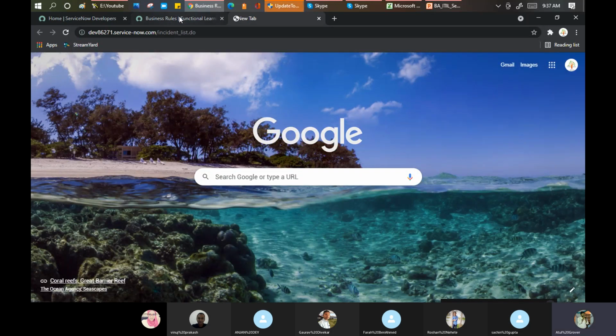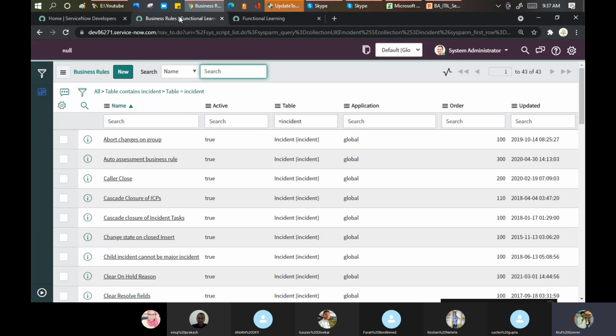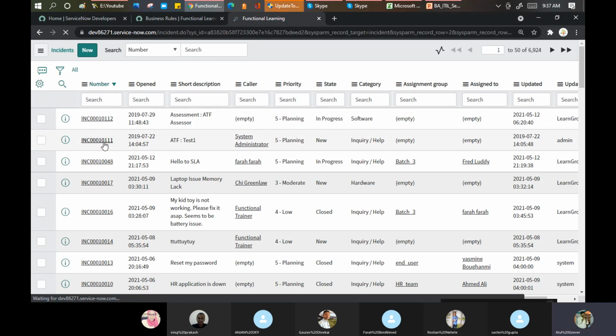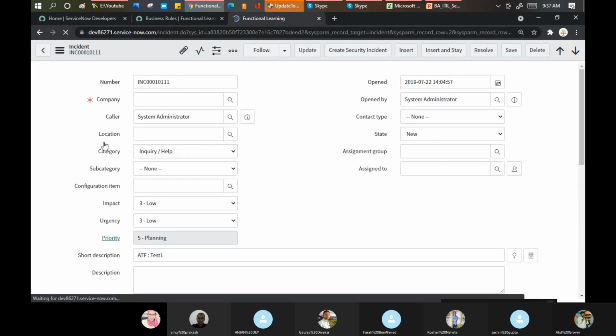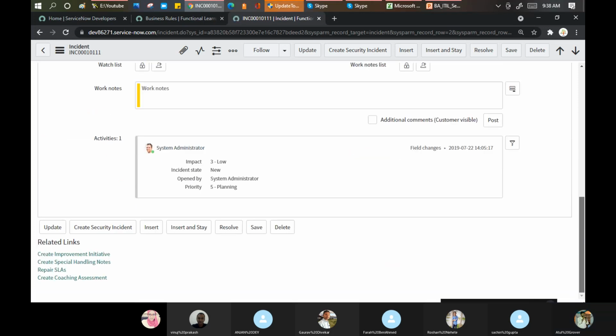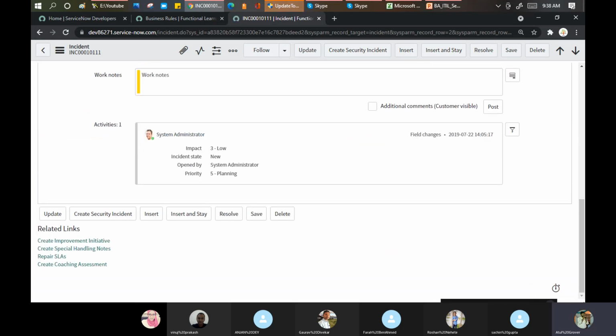Now the question comes, Atul, how can we see how many scripts and how many logics are running on a particular form? I'll show you one example. Let me open any record here and scroll down. You can see this button here.